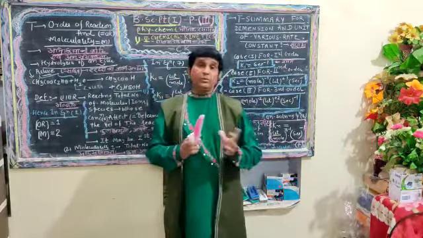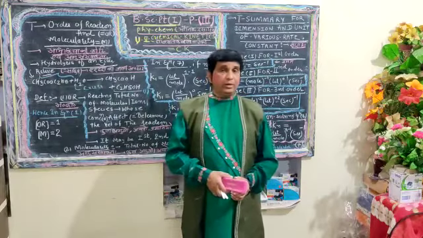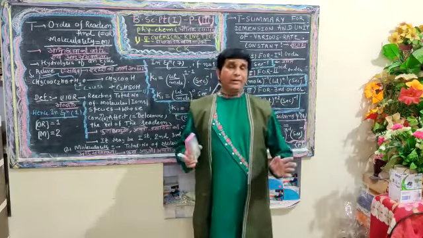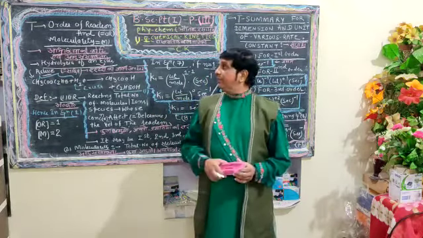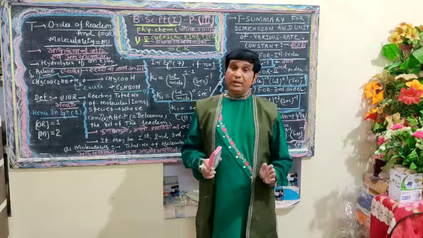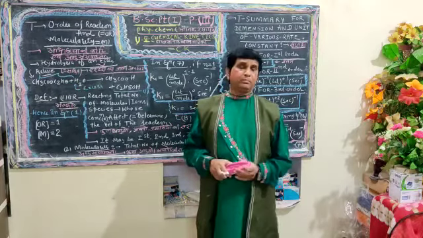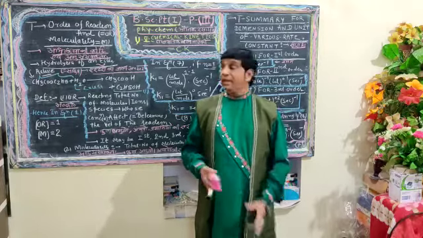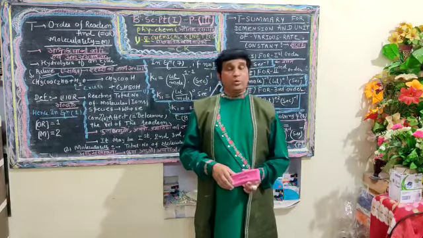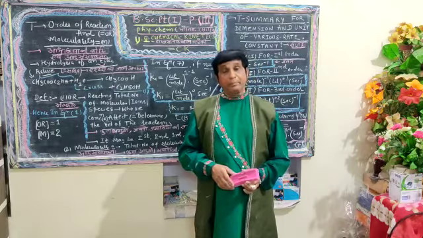Now it is the turn to study the order of reaction and molecularity. Students of BSc part 1, the definition and explanation of order of reaction and molecularity is very important. It plays an important role in the preparation, structure, and mechanism of reactant and product. These two terms play an extremely important role in defining the direction of reactant and product here.